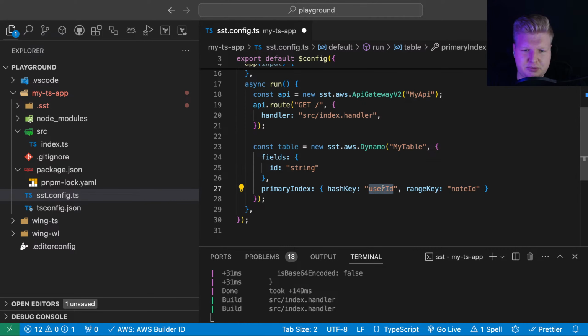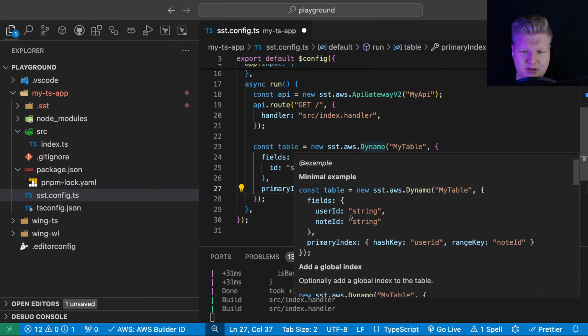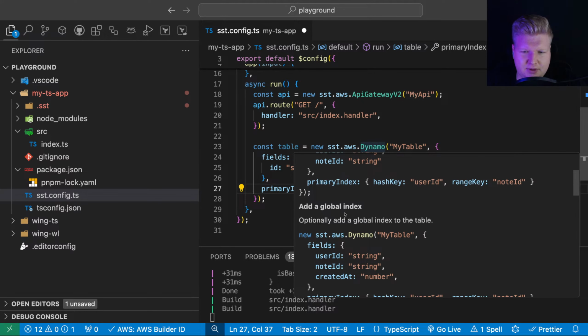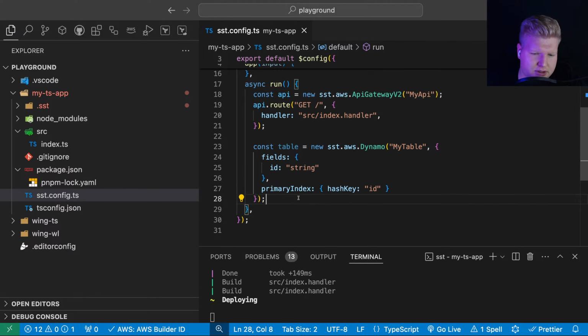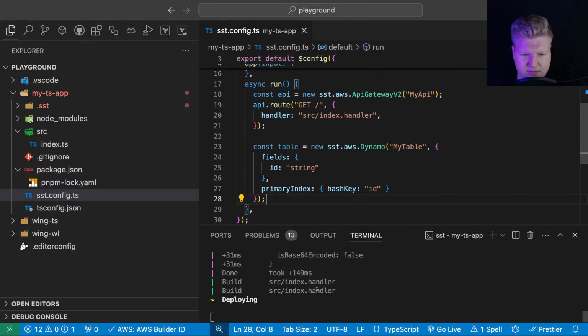Primary index would be the range key. I thought they're using sort key in the naming nowadays, but I'm not sure. So we just need the primary index, and now I guess I can hit save. Let's see how fast it's going to deploy.